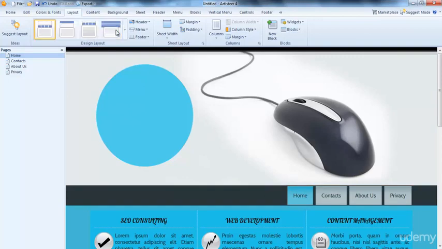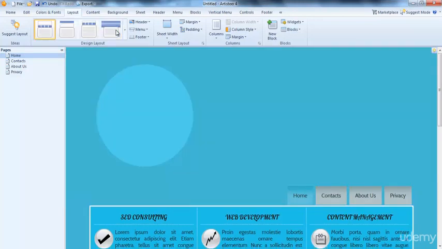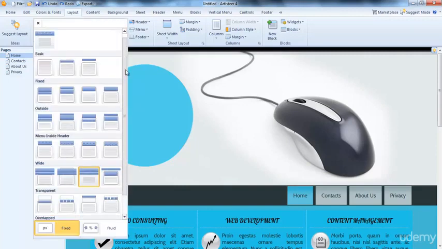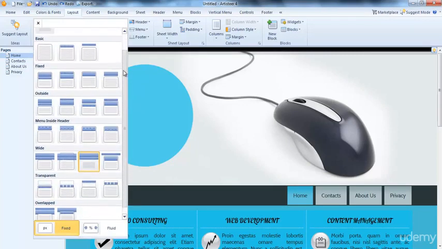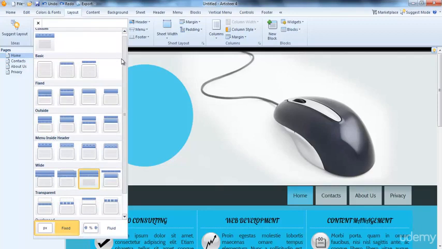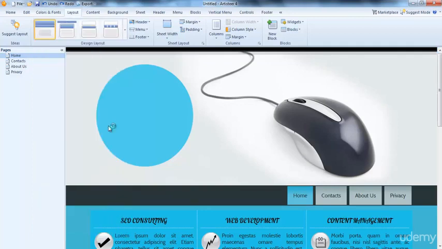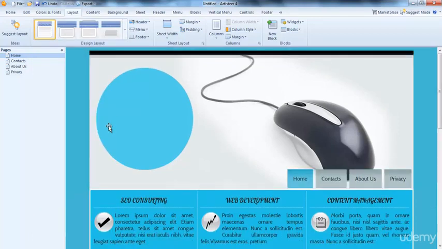Or choose this. Oh, it's not so good. As you can see, also you have many options. It is very easy to do whatever you want. It costs just one click. And you are done.